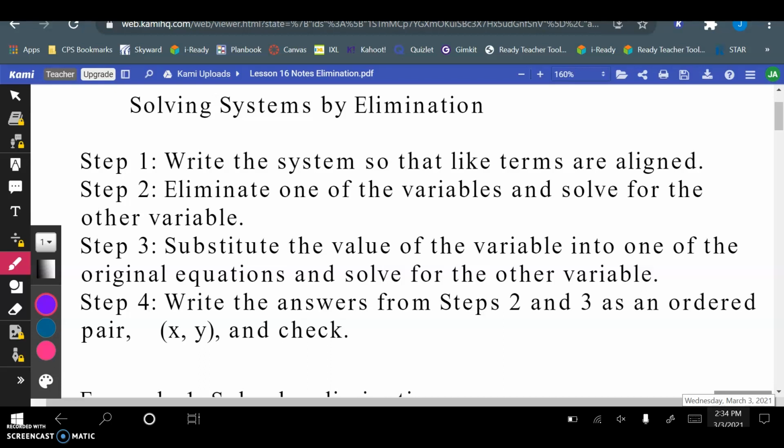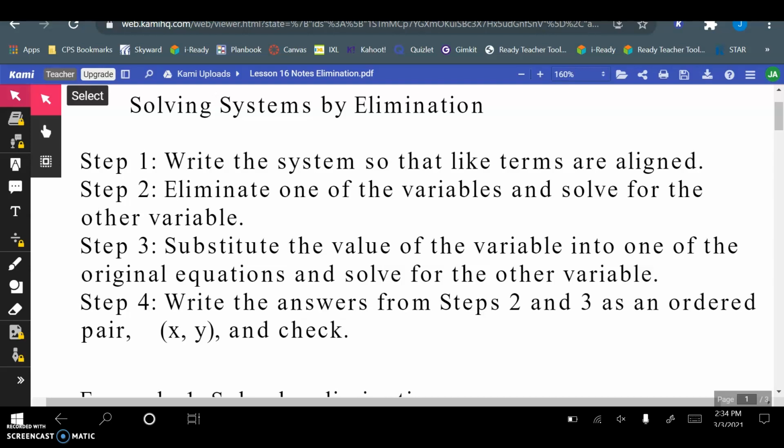All right, so we are going to move on and solve systems by elimination. This is our third and final way of solving systems. We've talked about graphing, and we've talked about substitution so far. So we're adding in elimination. And I think that a lot of you are going to find that this is your favorite way to solve these systems. So I have the steps written out here in words,